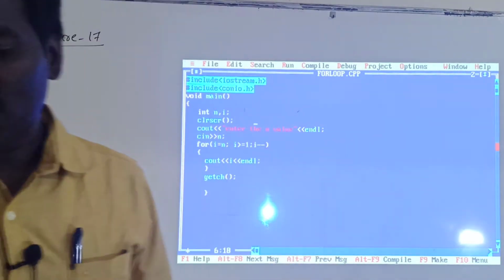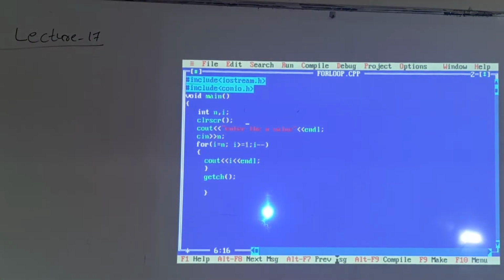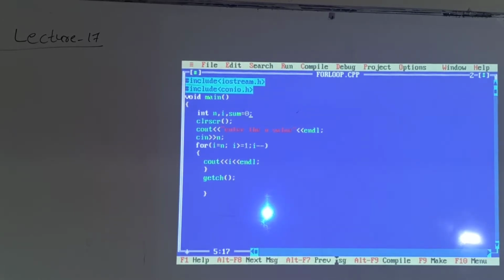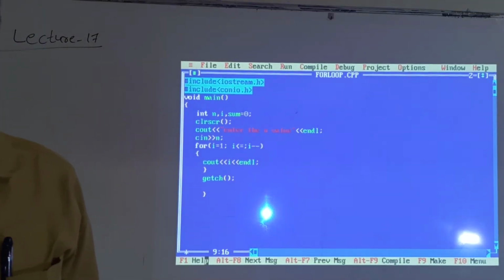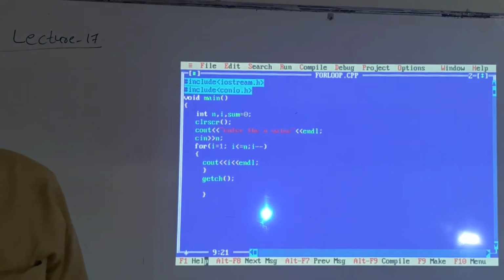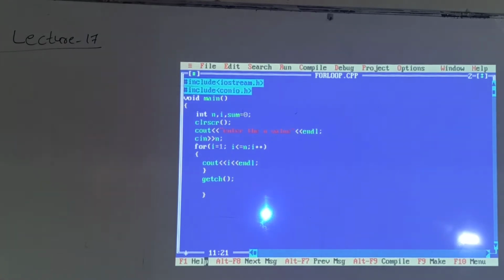For that purpose again we have to declare one more variable, that is sum = 0. Sum is equal to 0, and initially i starts with 1; i <= n; i++. Next, remove this cout.